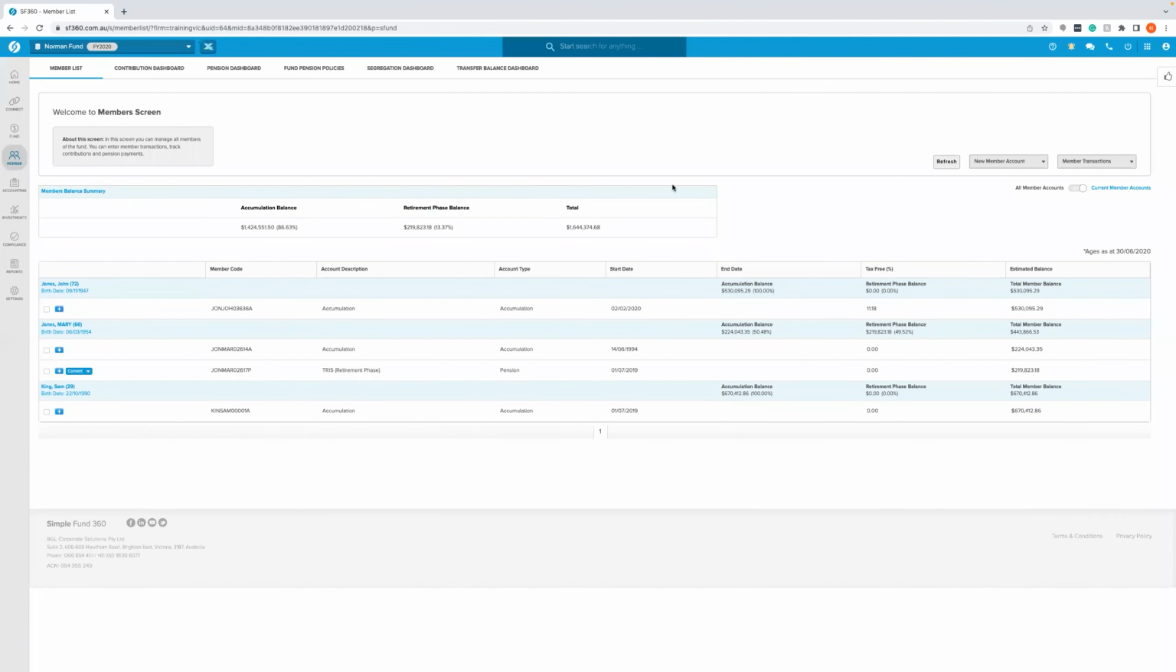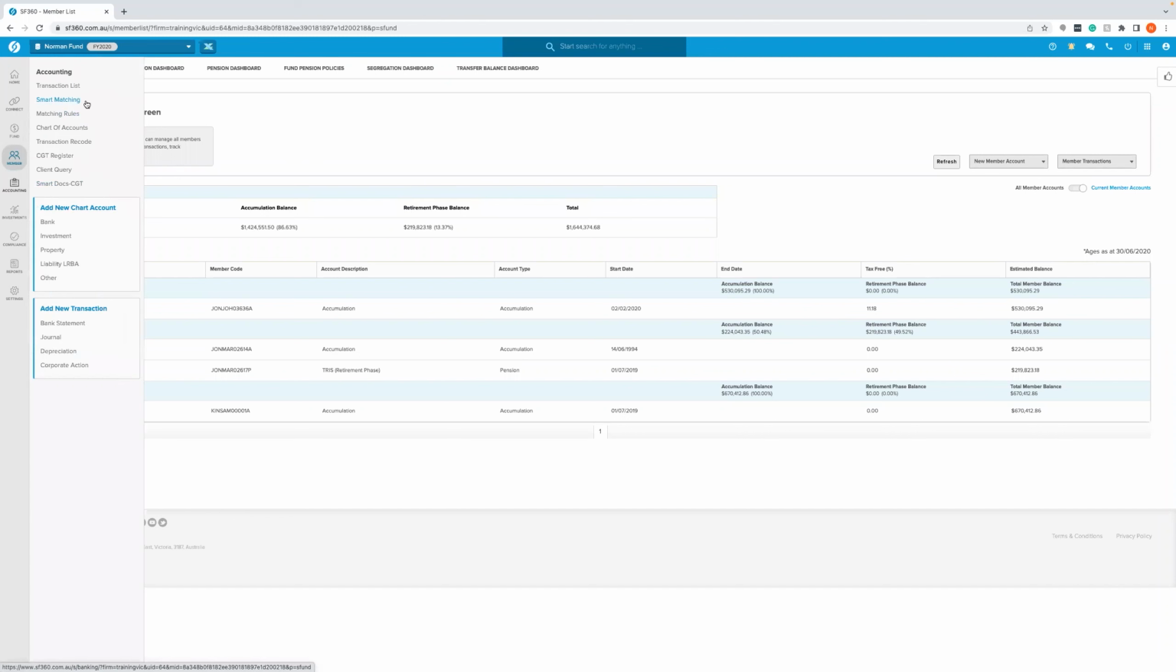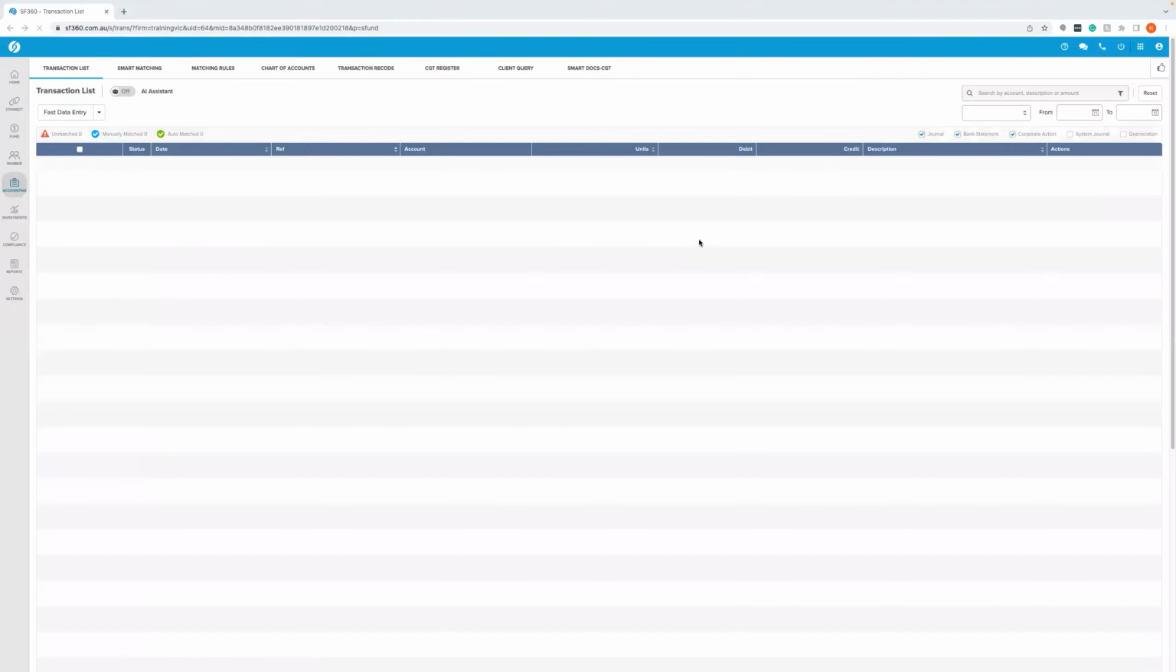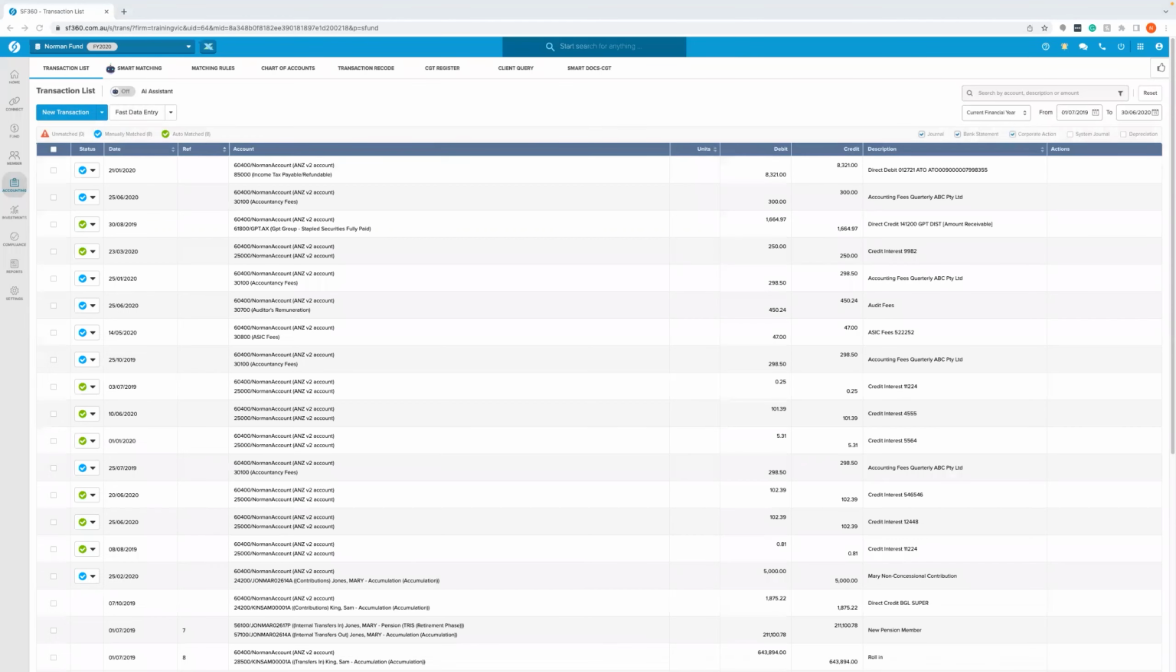So in the fund, there's a few ways of doing it, but this is the way that I like to do it. I like to do it from the transaction screen. So from the left-hand menu, I'm going to go into accounting and head over to transaction list. Now, as a guide, something for you to read along, I'm going to post a link in the chat, and that'll give you information on how to do lump sums within the software. Now, to process this, we go to new transaction,